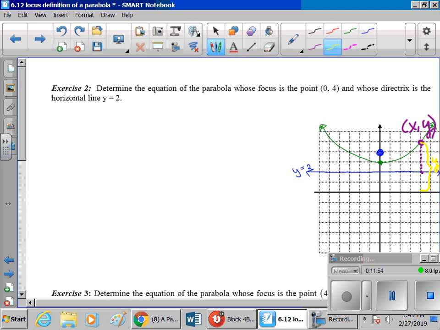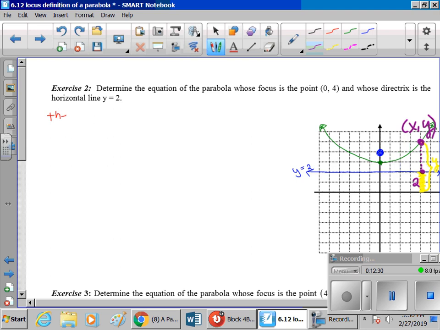So if I know that this whole thing is y, how much do I have to subtract out in order to get the distance from the point to the directrix? So this is 2 units right here. So I'm hoping you see that y minus 2 is my vertical distance. Let's do something first. Hold on. Let's say, what do we need to find? Let's find the vertical distance